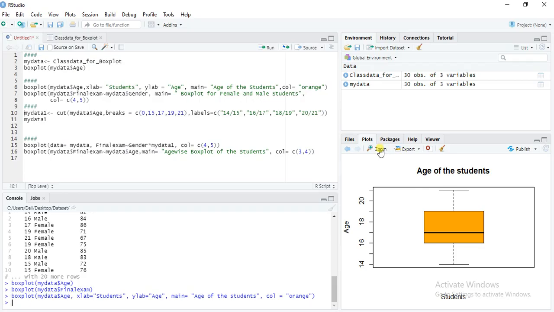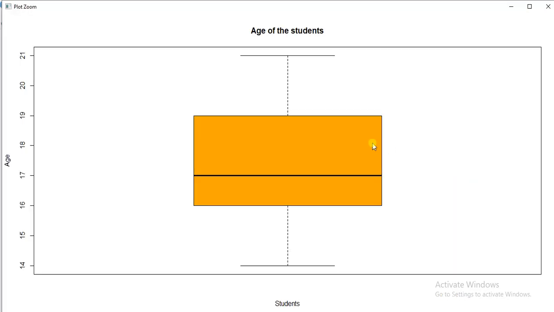This is our graph, the age distribution. We have given orange color to the box, and this is our median, upper quartile, lower quartile, and this is the range of age, meaning maximum age 21 and lower range 14. Range means maximum minus minimum.